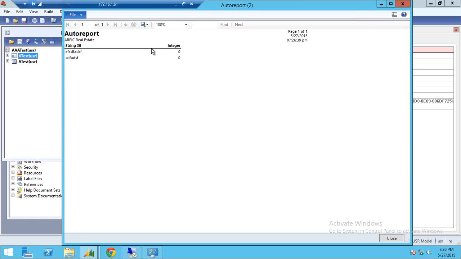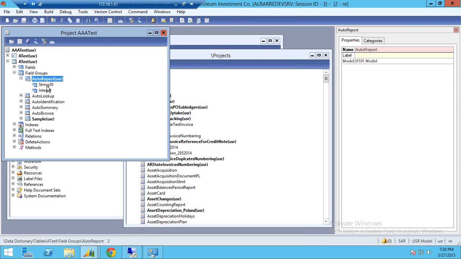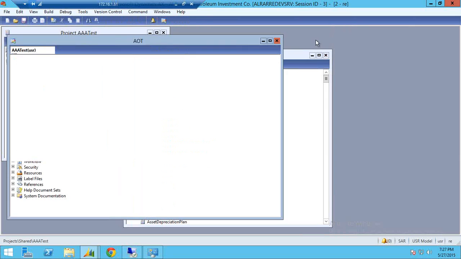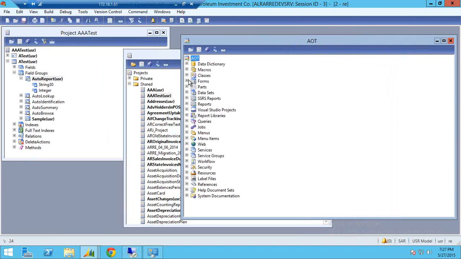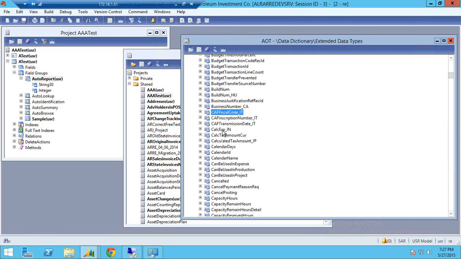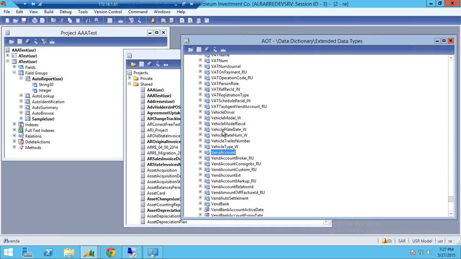So this is a report. It comes automatically. Why only two fields? Because I've added only two fields. So if I show you here in auto report, it has only two fields. Now you might get a requirement wherein you want to add even a vendor with this one. So what I can do is I can go directly to the EDT and I say vendor account, one account. I can drag and drop it here,